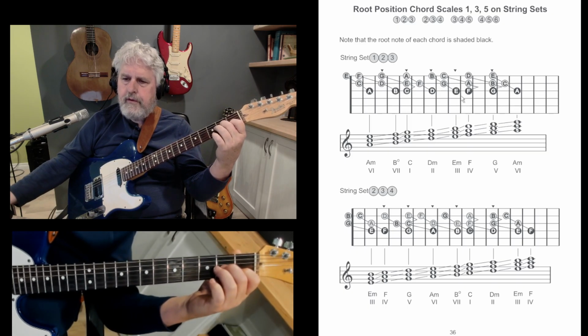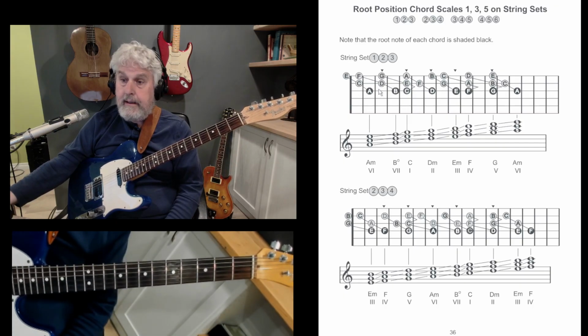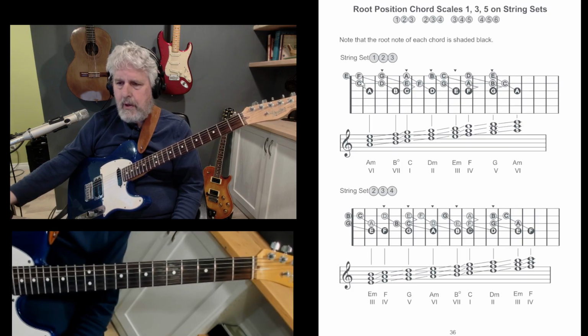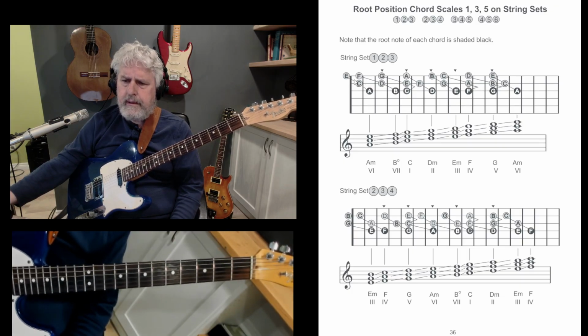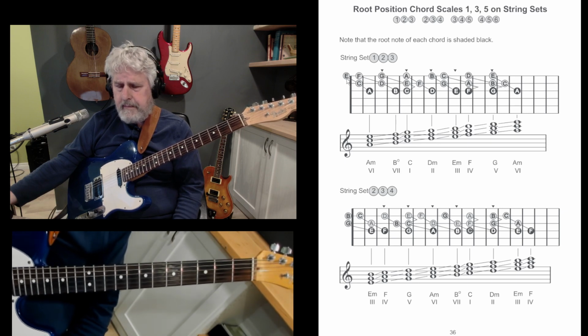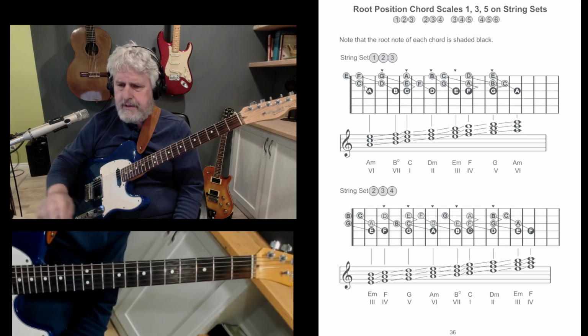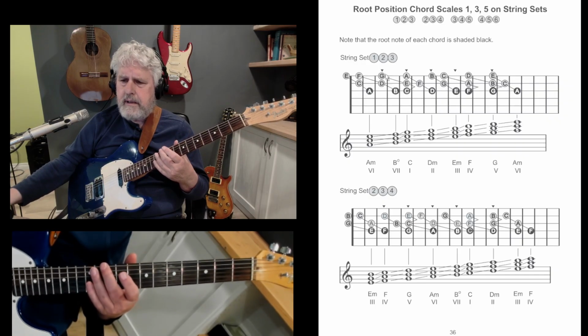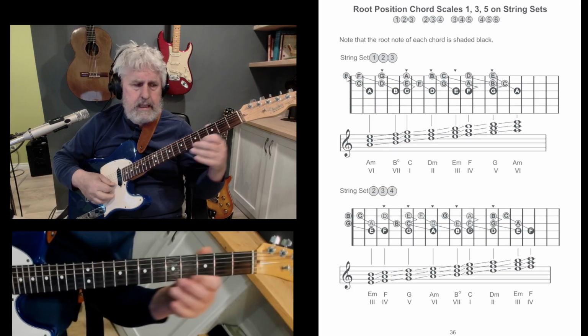So that was the first string set, and you can hear that each one of those chords is a part of the scale of C major. And as I mentioned previously, effectively what you're doing is you're playing three scales at the same time. Let's demonstrate that. Let's start on E